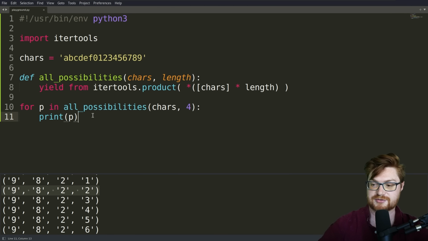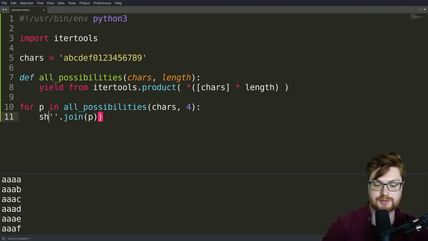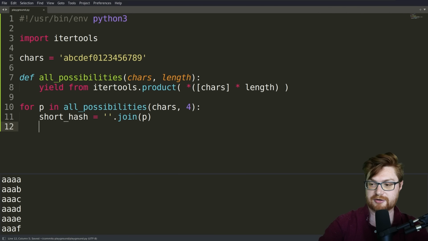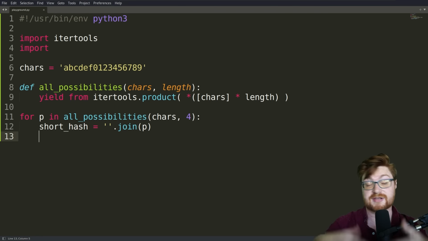You can see the parentheses surrounding it, so we could join that together with .join. Printing this all out, you can see all the possible beginnings of what we'll consider the start of a SHA-1 short hash. So we could say sha1, or just short hash, whatever we want to call that variable, and then we could do a simple request. We'll go ask the internet. We'll just literally go to that URL over GitHub and then say, hey, can you tell me if you have a response here? Is that a valid commit?